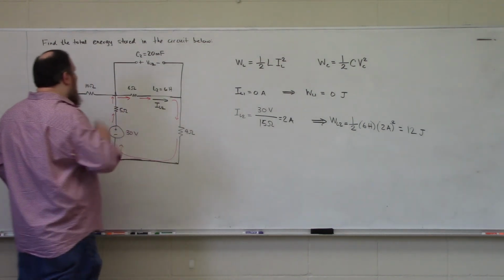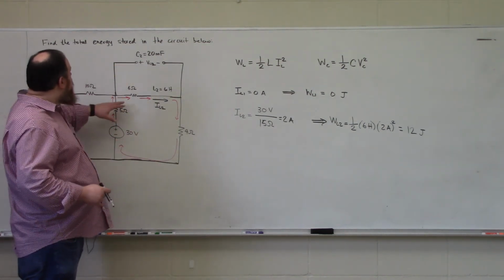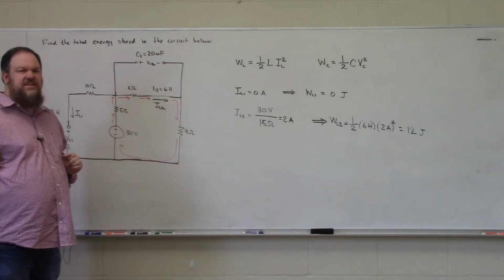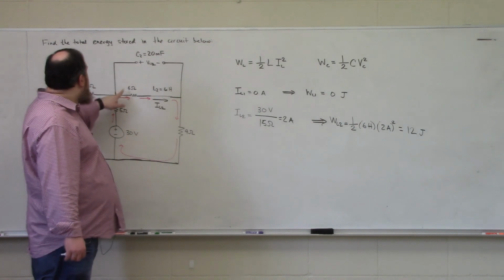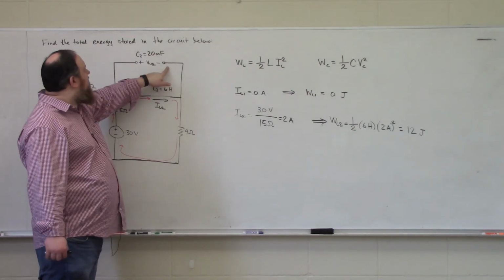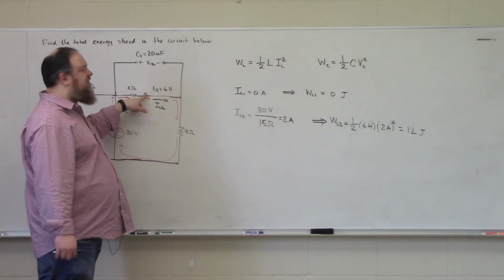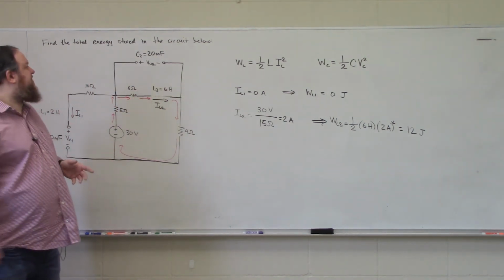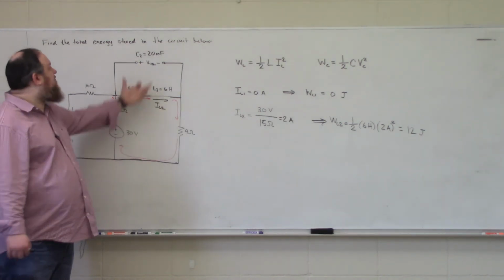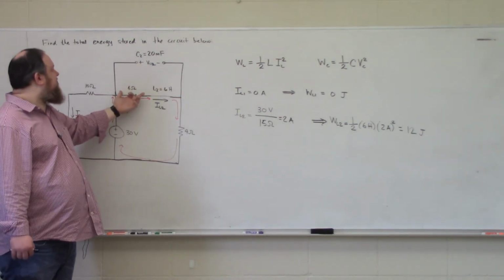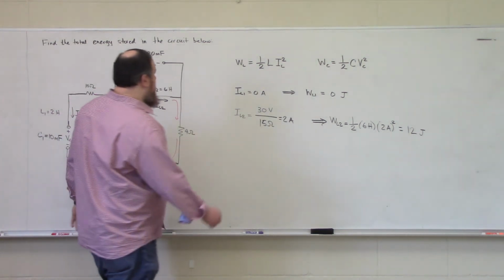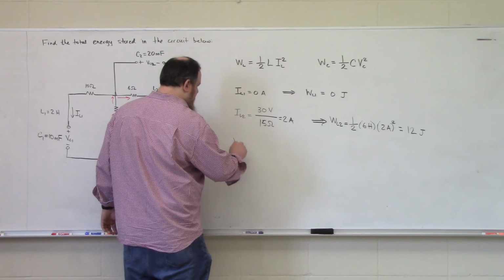The reason I say that is that VC2 is going to be the same as the voltage drop over this 6 ohm resistor. The positive polarity terminal is connected to the left-hand leg of the 6 ohm resistor. The negative polarity terminal is connected to the right-hand leg of the 6 ohm resistor. So because this inductor looks like a short circuit, our capacitor voltage is effectively in parallel with this 6 ohm resistor. So from that, we can see that VC2